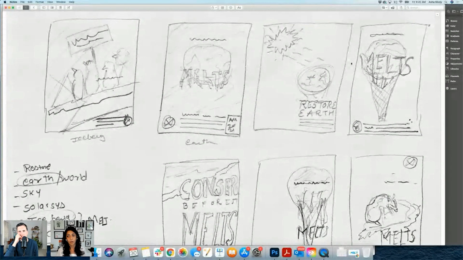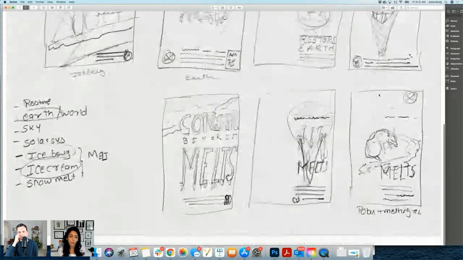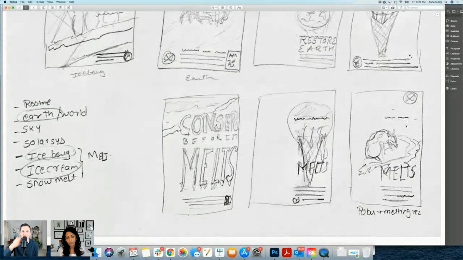And instead of that strawberry scoop, let's put the earth scoop there, and highlight the word melts. But still, I was not sure. So I was playing more with typography, showing the iceberg in the dry land. I didn't do a good job drawing the polar bear, but he had a very limited space of iceberg, and every other land is dry. So that was the visual.